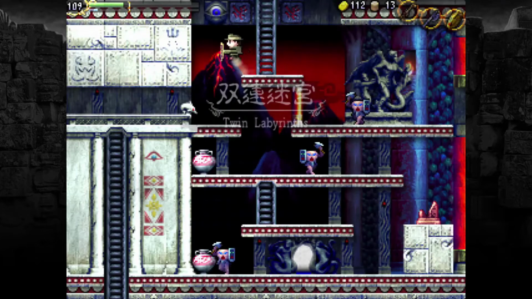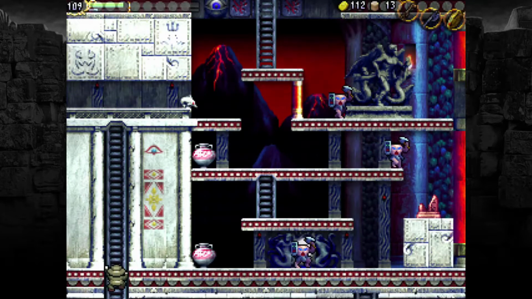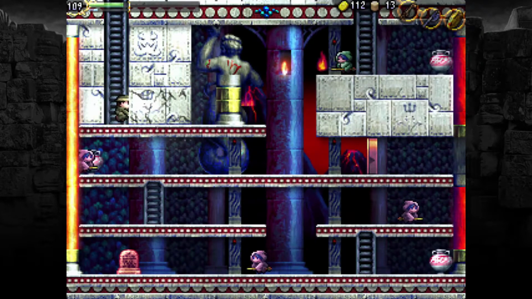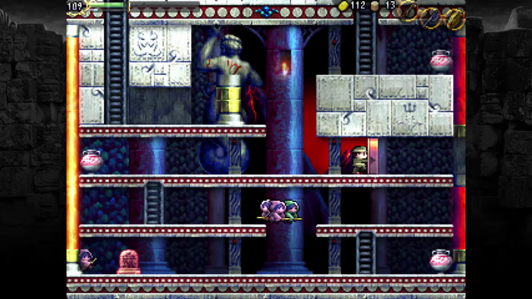Hello and welcome back everyone to La-Mulana Randomizer, and in this episode we are re-entering the Twin Labyrinths in the Shrine of the Mother exit in order to continue on our exploration of the Twin Labyrinths. There isn't really all that many additional treasures that we can get here. There's a shop that we can open up, certainly, and well,